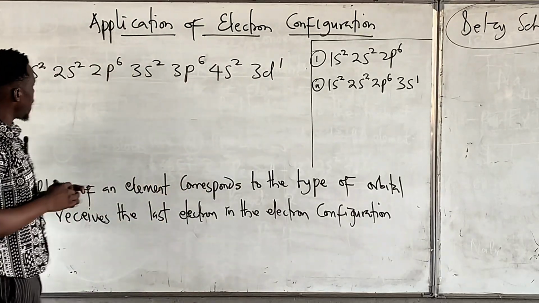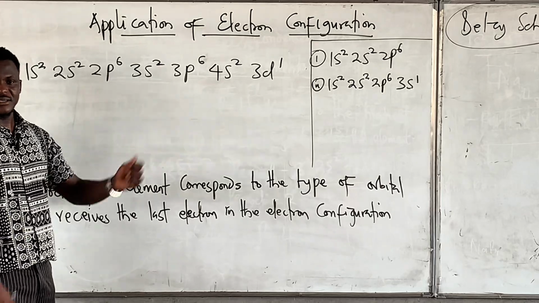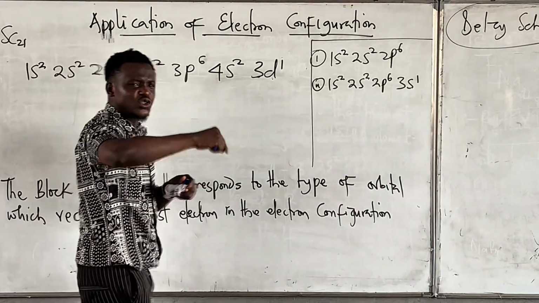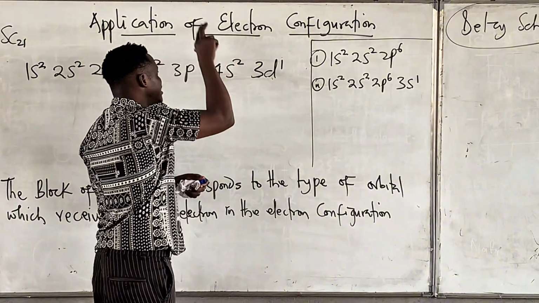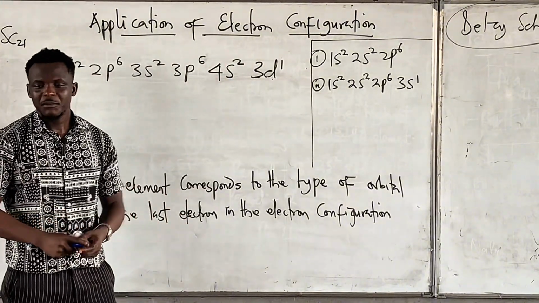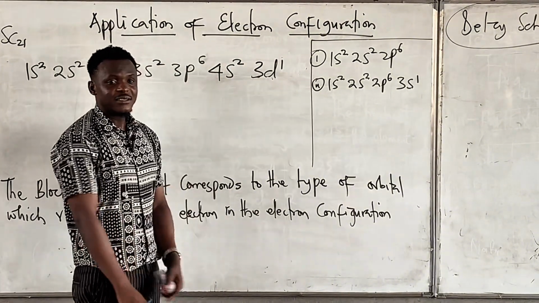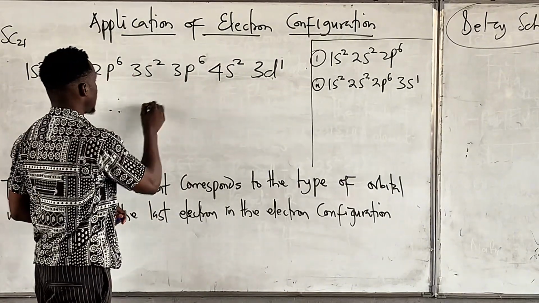Class, what is the block of this element? Where did the last electron enter? It's D now. So that means this guy is in D orbital, because the last electron entered where? D. So therefore,